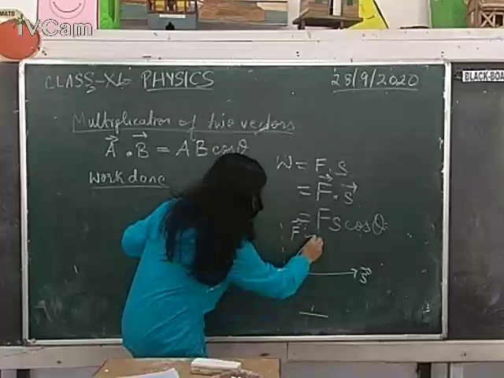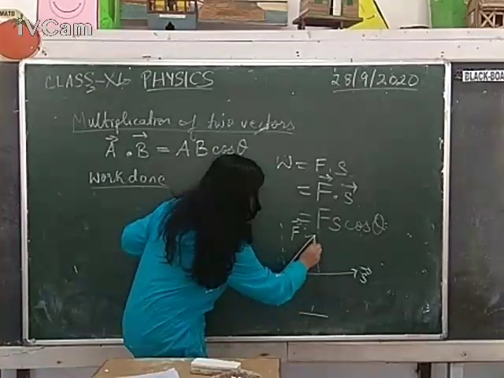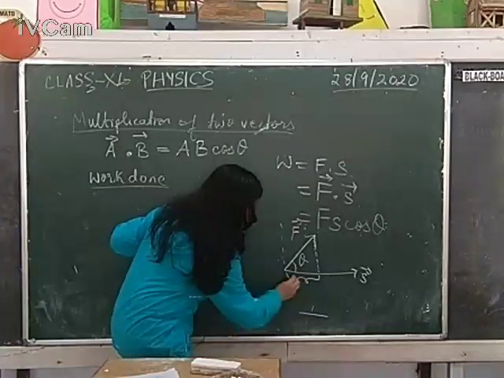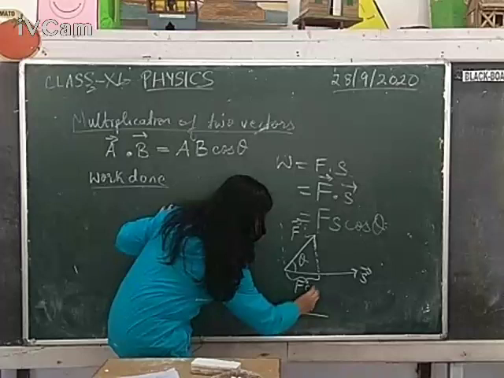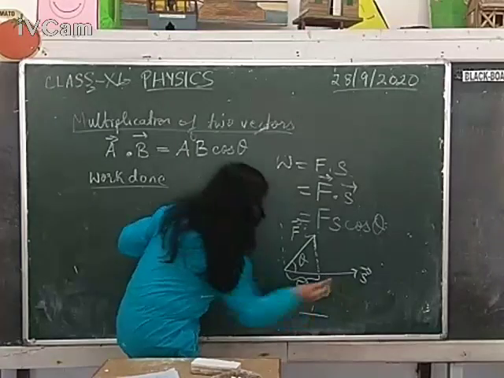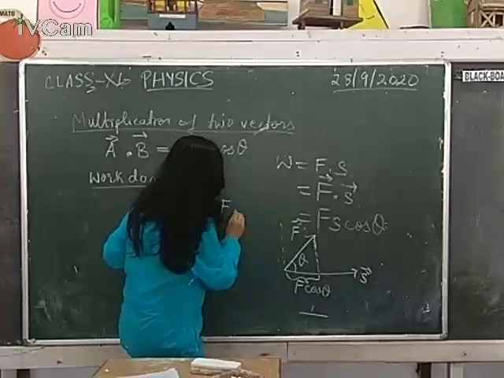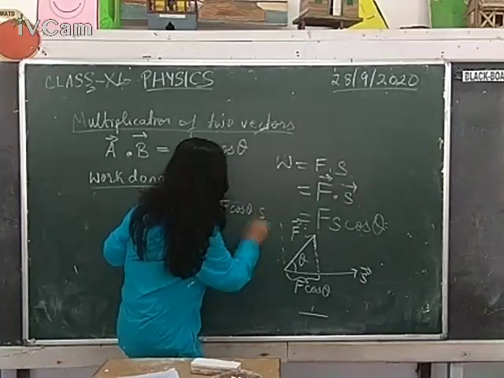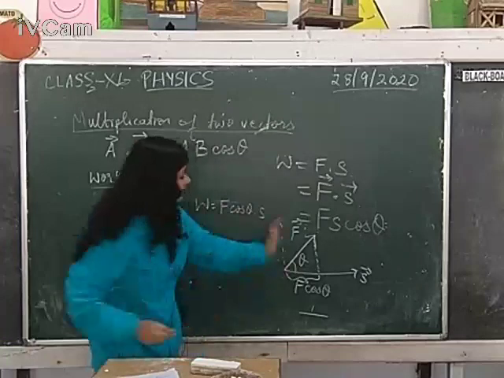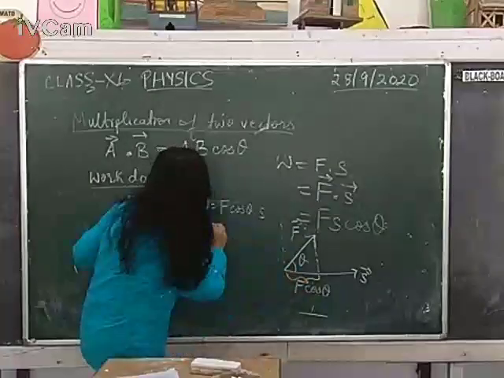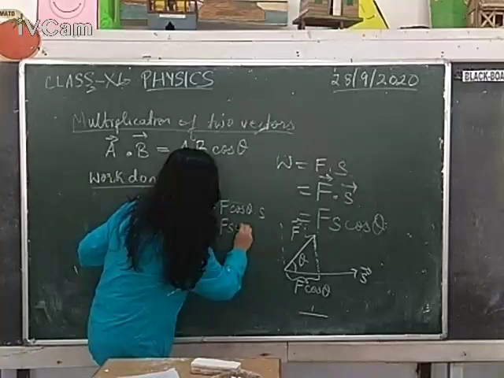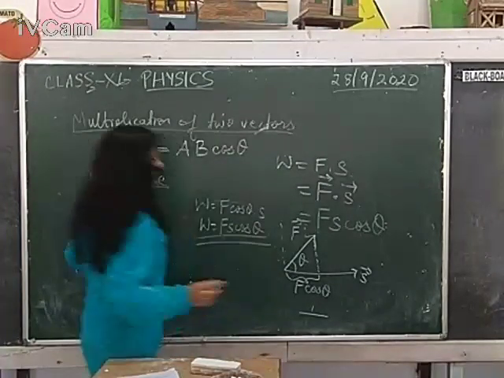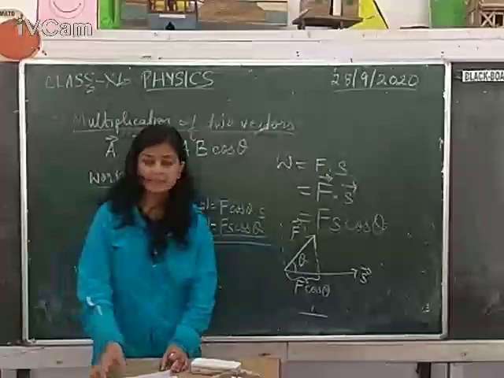Okay, and since it is a scalar quantity, we are just taking the cosine component. That means we are just taking the x component. So this happens to be from a resolution of vector F cos theta. So it is F cos theta into s, work done. We are not taking this component, we are taking this component, or you can simply write it as Fs cos theta. That was the formula for work done, isn't it? The direct formula was Fs cos theta. So that is an example of scalar product.